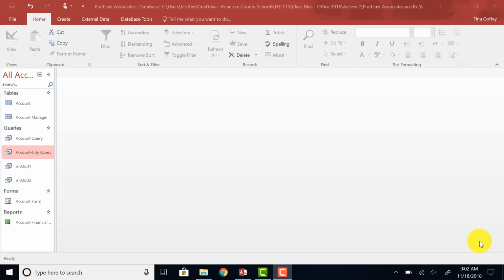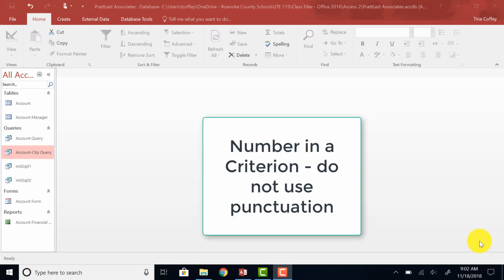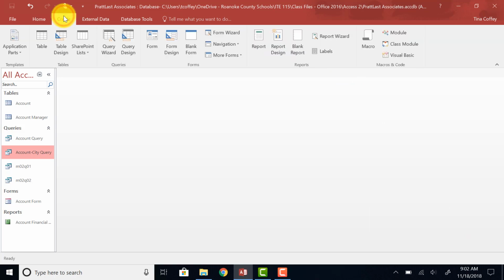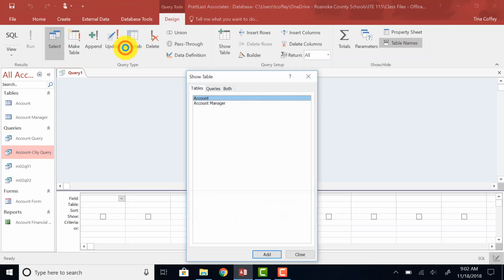So we've talked a lot about entering text in queries. Let's talk about using numbers. I will remind you that when you enter a number as a criteria, you need to type the number without any punctuation, dollar signs or commas. That will cause issues. So you just type the number straight as it is. Let's create a query and try this out. I'll go to my Create tab,